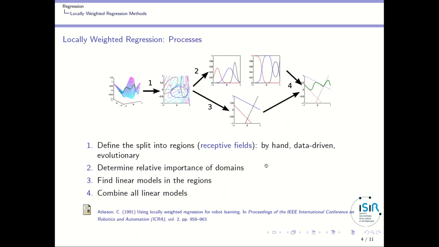So how does it work in more detail? Let's consider that you want to approximate that complicated function along one cut, which is the green line that you can see here. And you can find the green line again here. You want to split the domain of this green line, in this particular case, into three domains, each represented by a multivariate Gaussian function, one here, and one here. Then you will have to determine what is the most important domain for a given data point along your green line. And this is represented here.